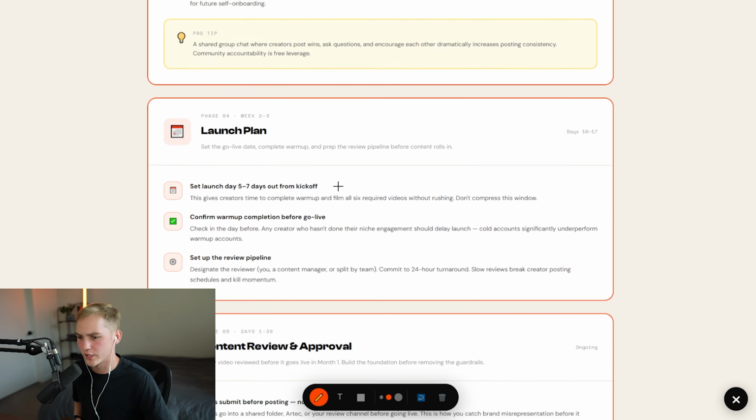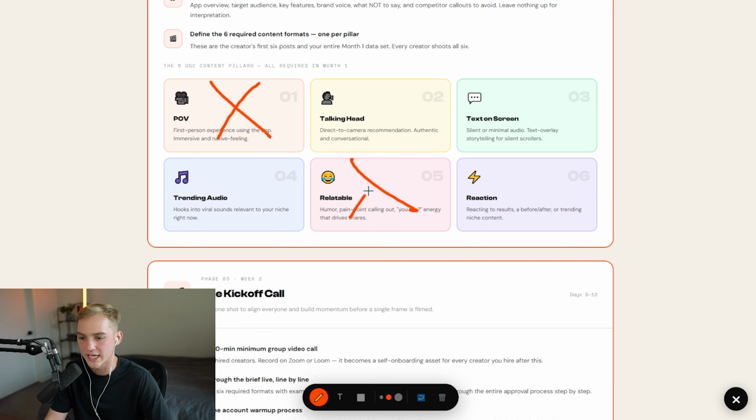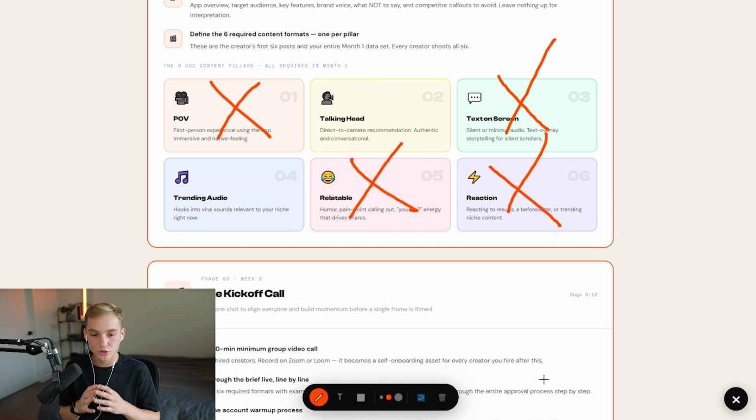And I'll paint a picture for you. If you know that POV doesn't work, relatable doesn't work, text on screen doesn't work, and reaction doesn't work, your new creators are only going to be doing talking head and trending audio. It's going to be much more lean because you've already trimmed all the fat, and they're going to have a much higher success rate because they're not wasting their time on the video formats that we know simply do